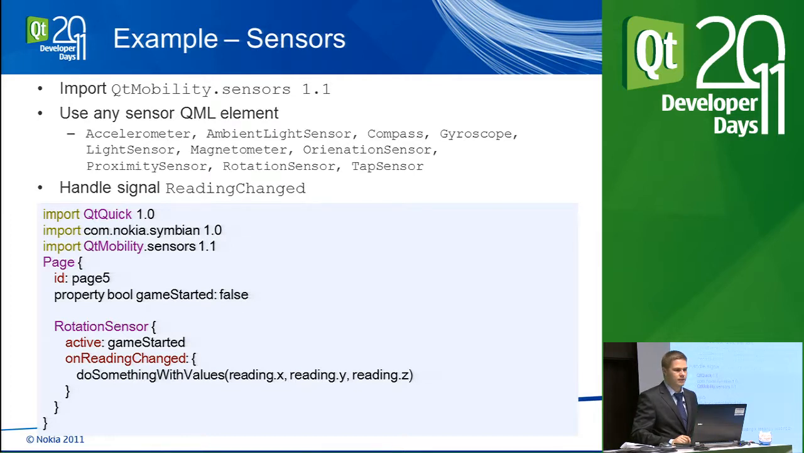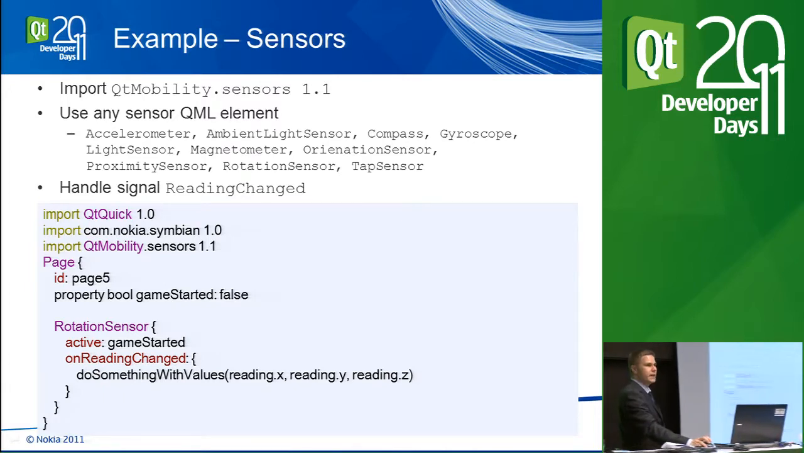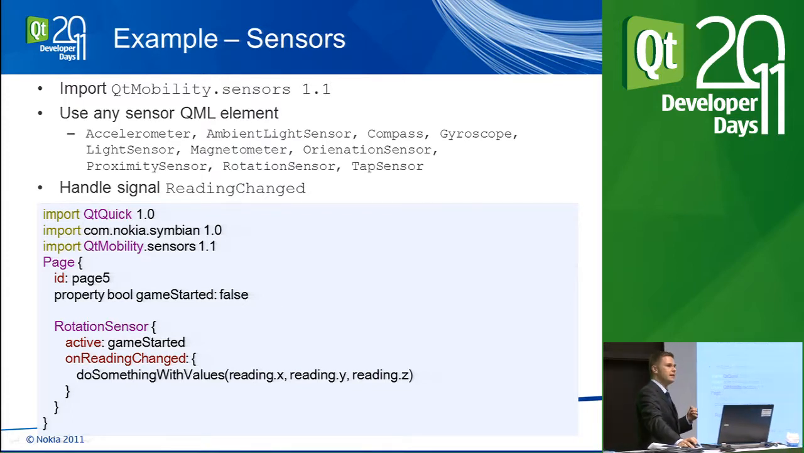The sensors API, for example, provides you access to different sensors, like rotation sensor, for example. So it lets your application know if your device is being tilted in different ways and enables you to react to that. Using these APIs is quite straightforward in QML because, once again, you are using the declarative power of the QML